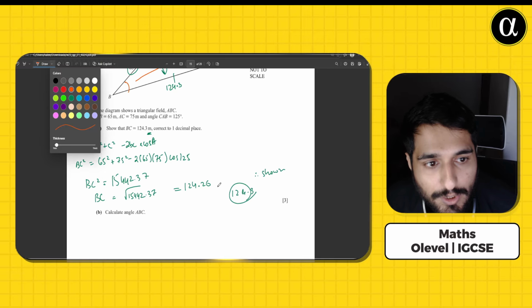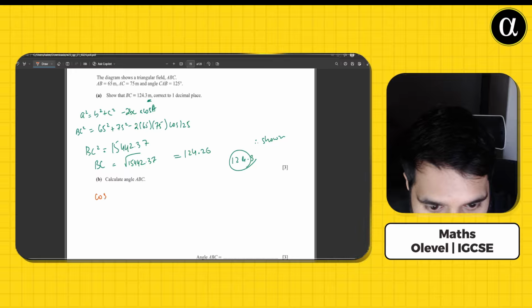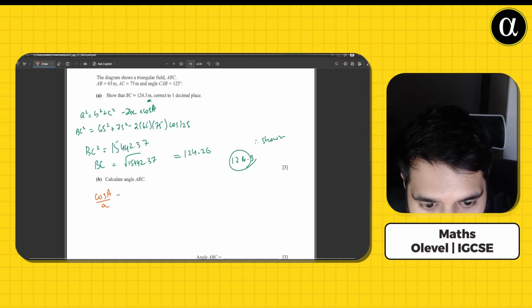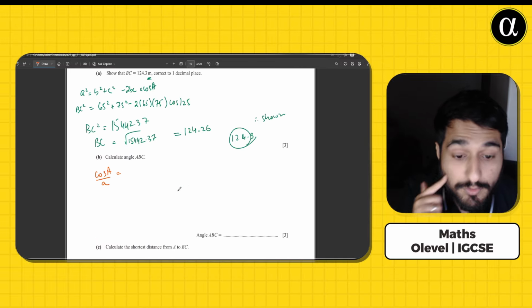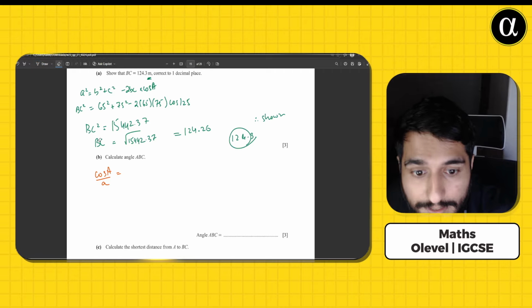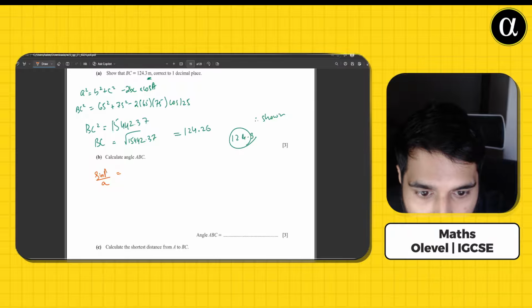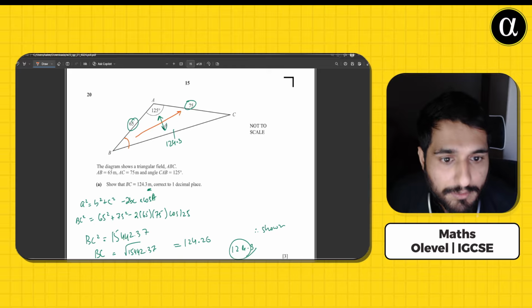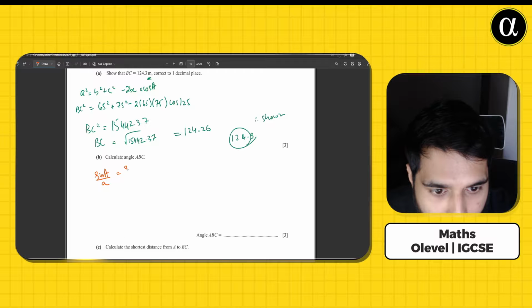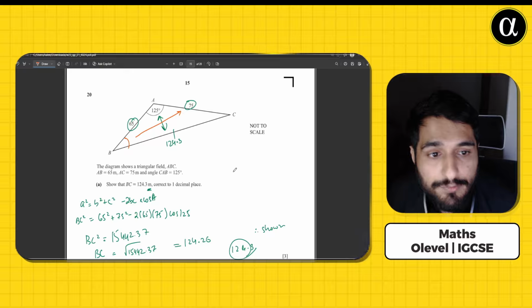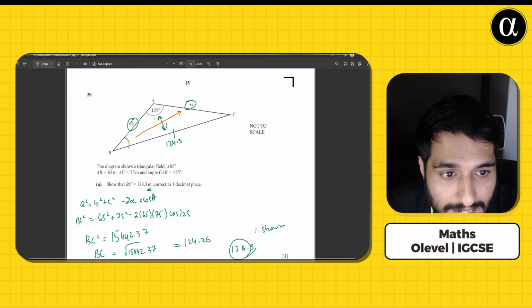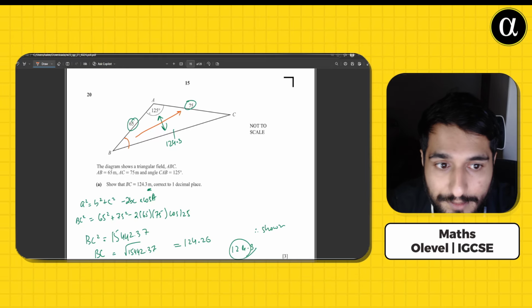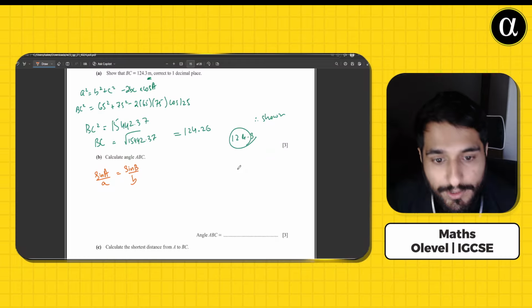We need to find the angles, hence we will be using the formula, cos A over a, no, sorry, it's not cos, it's the formula of the sine rule. That's going to be sine A over a, and then that should be equivalent to sine B over b. How do we know we are applying the sine rule? Because we have two pairs of lengths and angles where one value is unknown out of the four. So it's going to be sine of 125 over 124.3